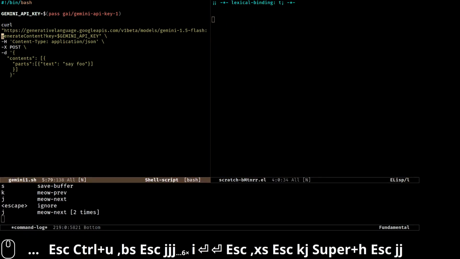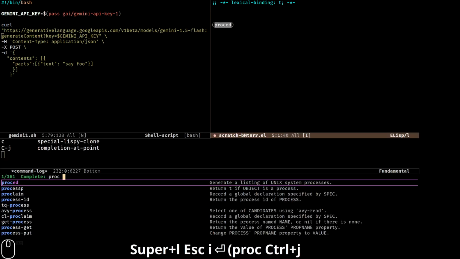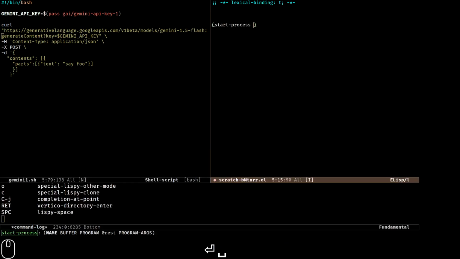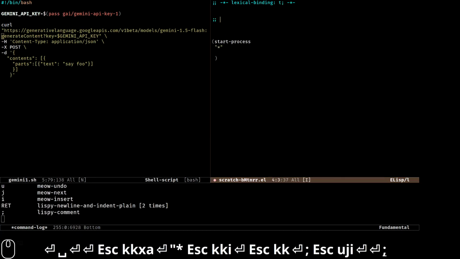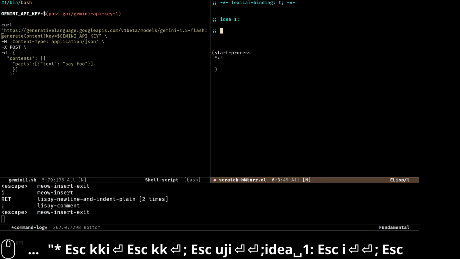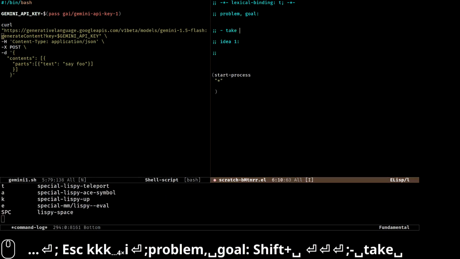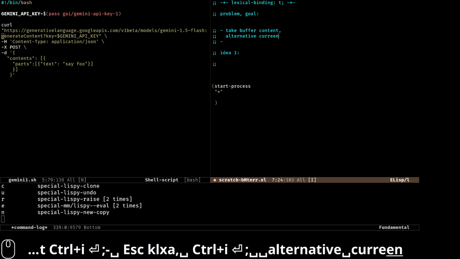I would say curl. Let's do the most basic thing. I think one really simple way for me to put this into my Emacs is that I start a process. So this is one idea how to do what I want to do. The goal is I want to take the current buffer content. Here we also have an alternative, current file,